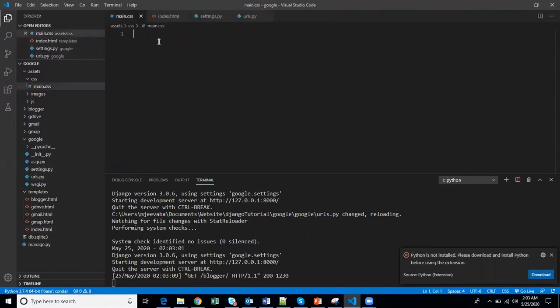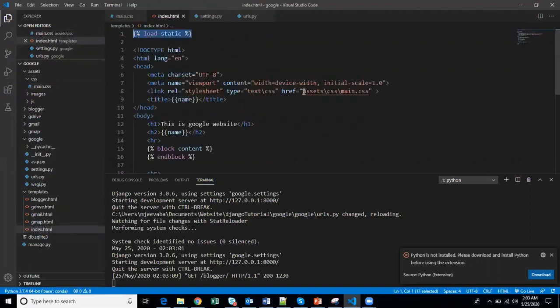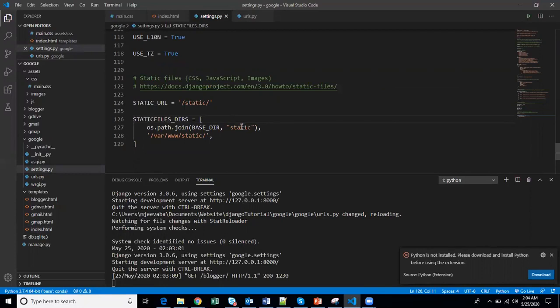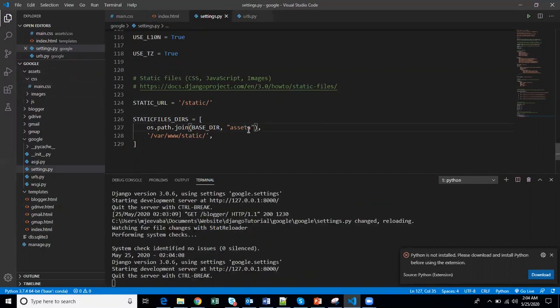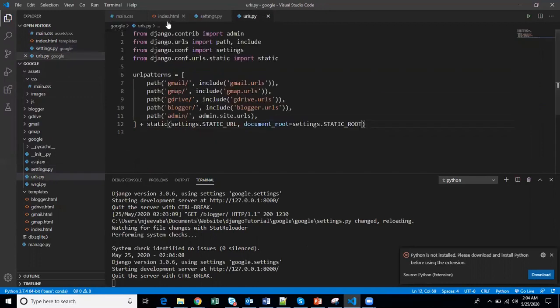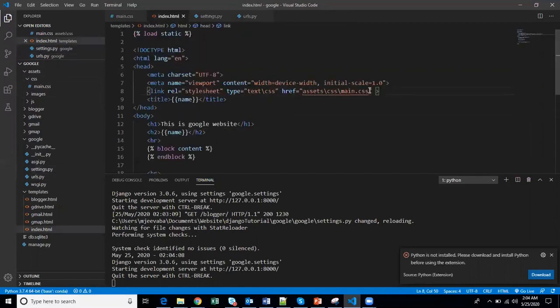But what we have to do is that before, in HTML, this is not a static file path. For this, yeah, here we need to give assets instead of static, because we created an assets folder, right? So assets should work. To call these assets, in index, this has to be in Django Jinja format. So call the static,